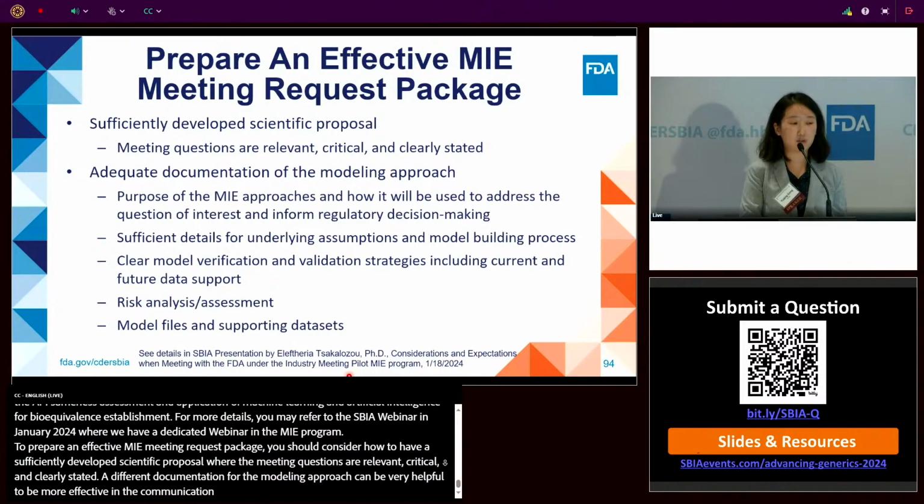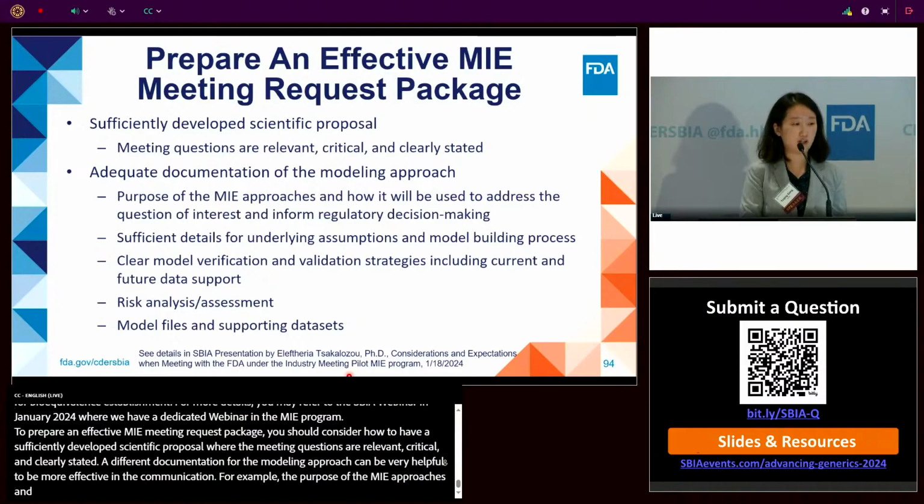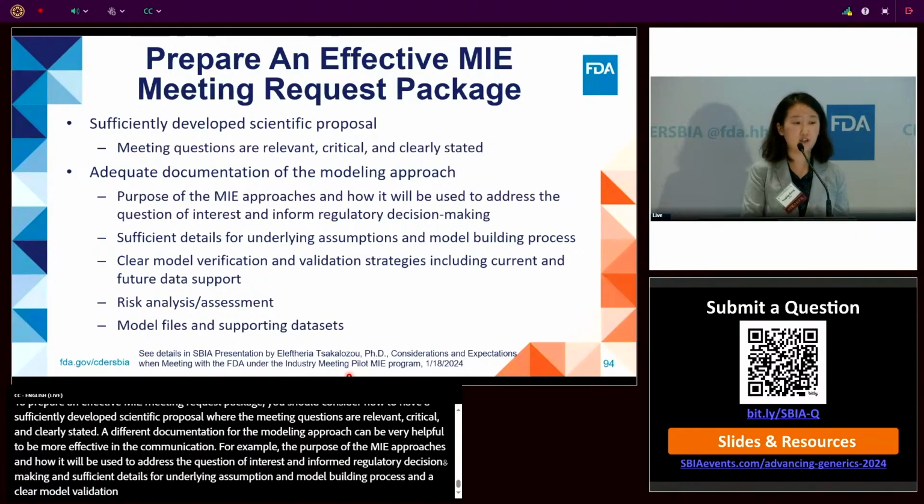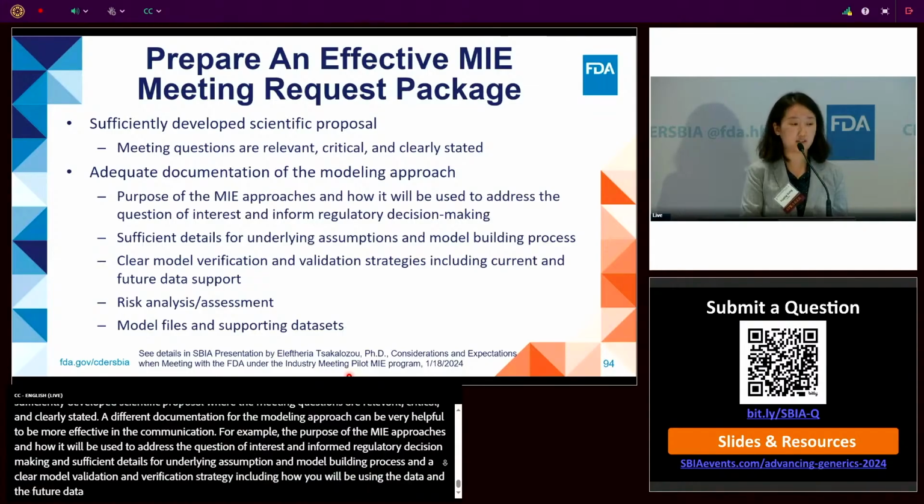For example, the purpose of the MIE approaches and how they will be used to address the question of interest and inform regulatory decision-making, sufficient details on underlying assumptions and the model building process, a clear model validation and verification strategy, including how you will be using the data and future data to support it, risk analysis and assessment, and modeling files and supporting data sets.